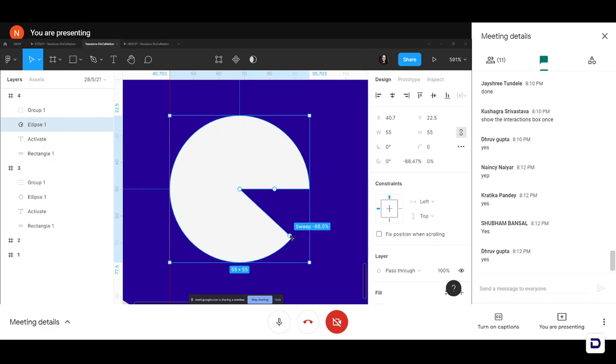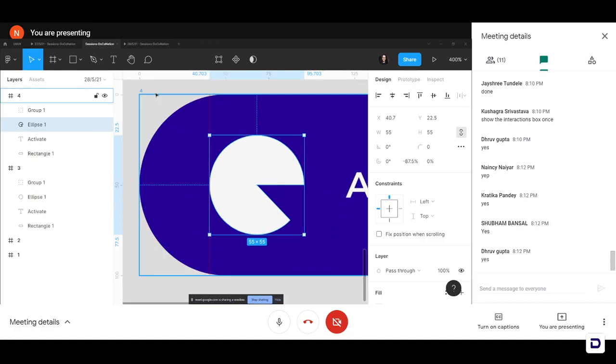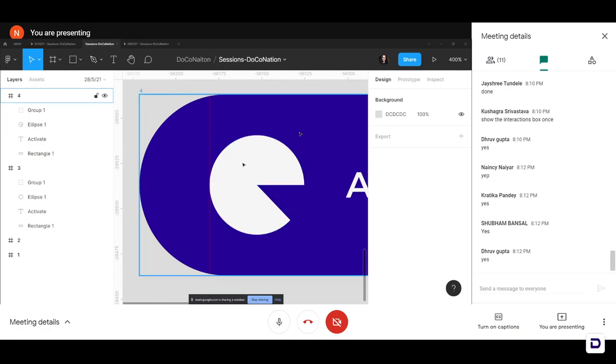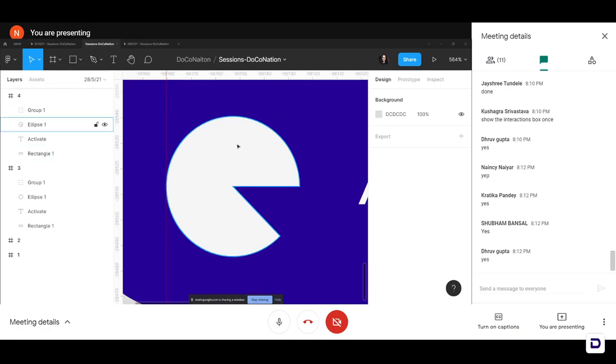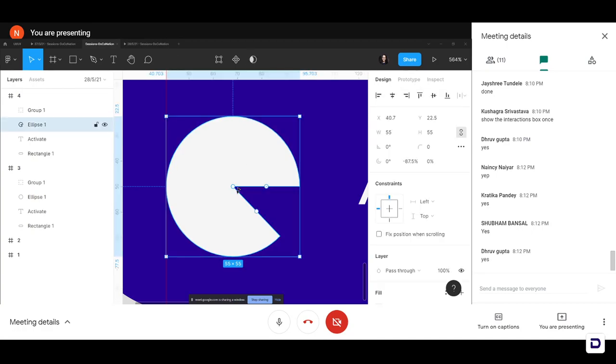Okay, so to make an arc, all you have to do is click on that little circle that appears and drag it. Maybe this much is enough. Okay, so you can see now it looks like a sector has been taken off of the circle, right? So again, once we're done with that, we'll select our circle again. And this time you can see there are three circles that you can see, ratio 0. It says sweep is minus 87. Here it starts at 0.